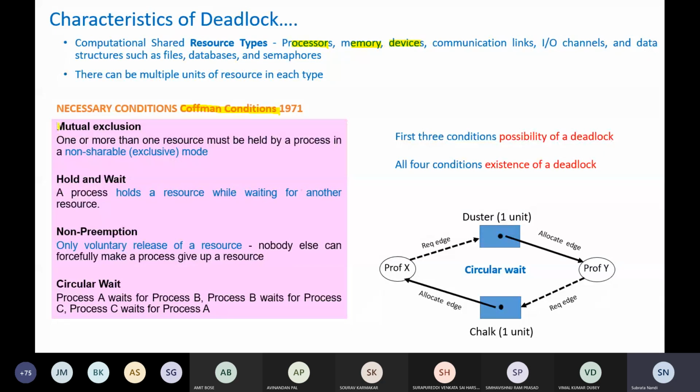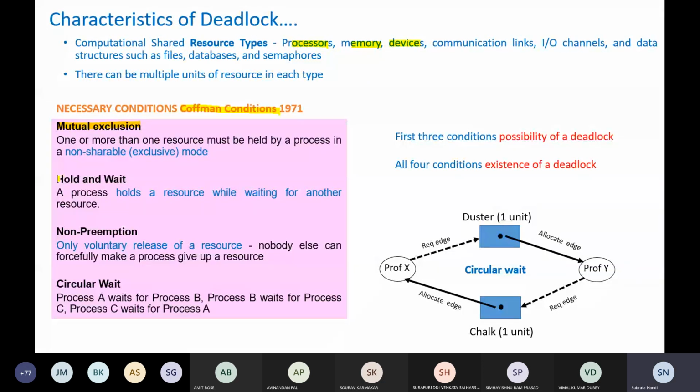One is mutual exclusion. So if you are considering a shared resource, then there may be problems, and if the shared resource needs to be used in a mutually exclusive fashion, that only one process can use it and others cannot use it, then use of such resources may lead to